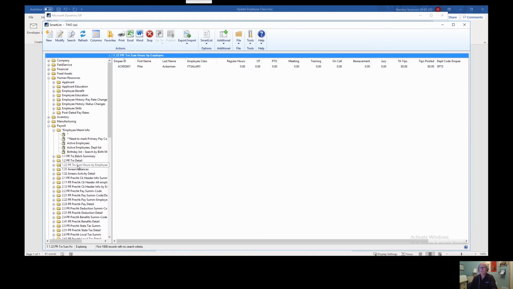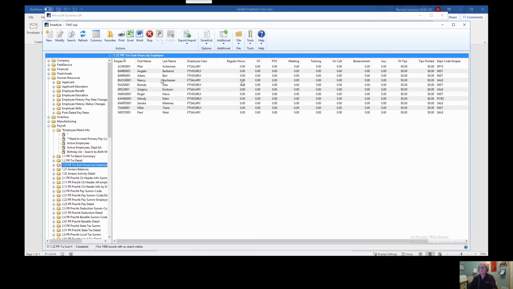There's one here that's summing by hours, and you have to remember, these were all built at customer requests and multiple customer requests. And this particular one needs a little editing before you'll see hours under the different columns, because each customer uses different codes for their pay codes. So they have some calculated columns in here. So for example, if I jump into Smartlist Builder on this one,